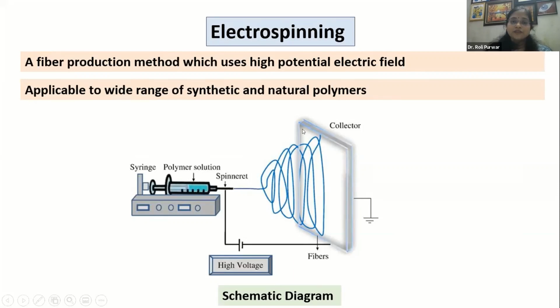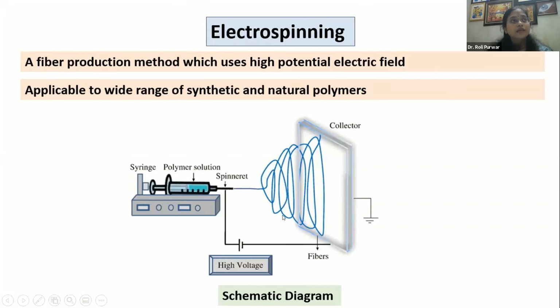Then the third component of this electrospinning machine is the collector, and the collector can be in a plate form or a roller form depending on the type of the machine. And the major component of this machine is the voltage supply. So we can supply some high voltage between the spinneret and the collector, and we will pump the polymer solution. Then when we are pumping the polymer solution, with application of the high voltage, it will generate the nanofiber.